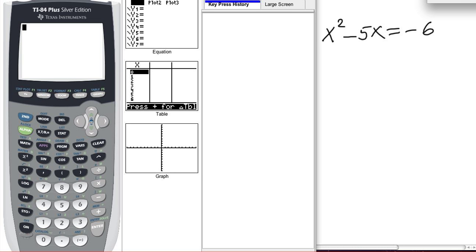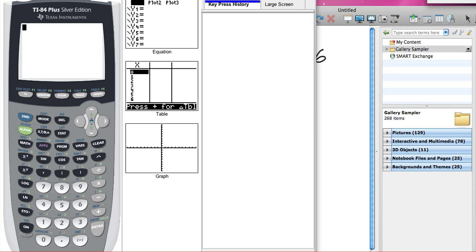In this video, I'm going to teach you three methods to solve using the calculator, the TI84, or it works actually the same on the TI83. So say we have the equation x squared minus 5x equals -6. So we're going to solve that